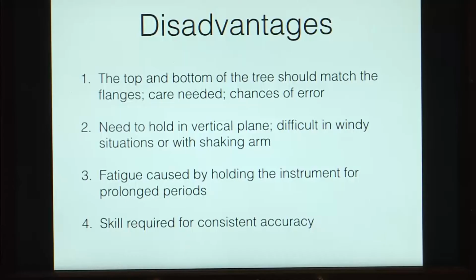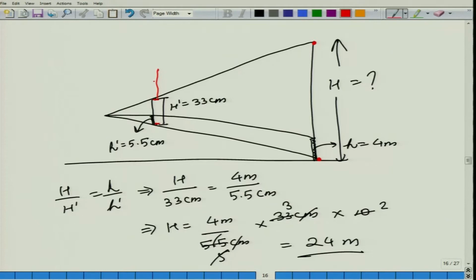You need to hold the hypsometer on a vertical plane. So, to hold it on a vertical plane, you add this string on top and you add a weight at the bottom. So, this is just to keep it vertical, but even after doing this, it might become difficult in situations when you have a breeze of air flowing through. So, if you have a windy situation, your hypsometer might sway, and when it sways,